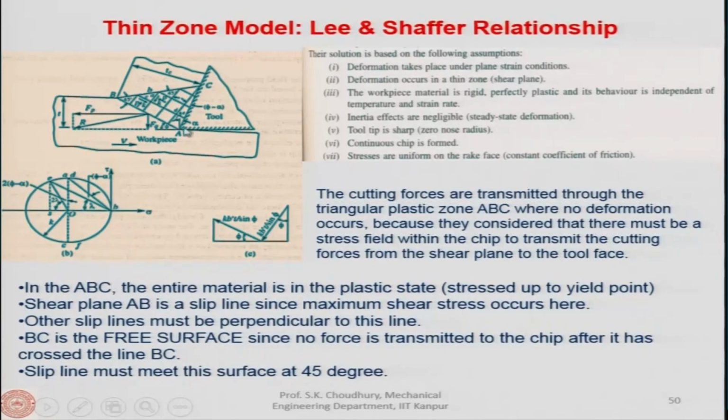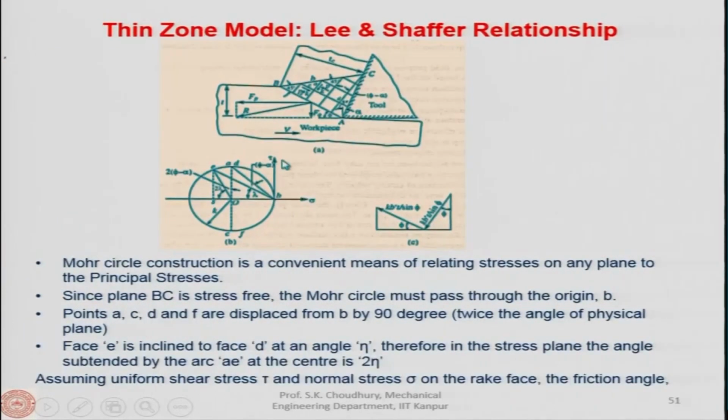Once again, this is D. This surface is E, this surface is D, and so on. This surface is A and this surface is C, and they are parallel. So, altogether what I am saying is that there are parallel lines to the AB and there are perpendicular lines to that. All perpendicular lines are also the slip lines. Now, if we